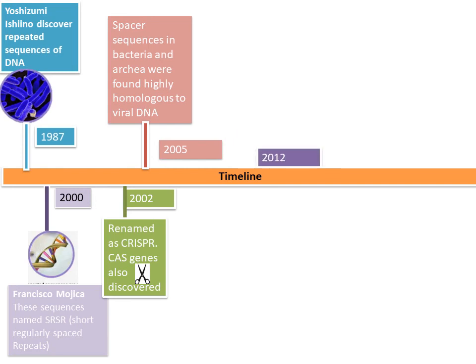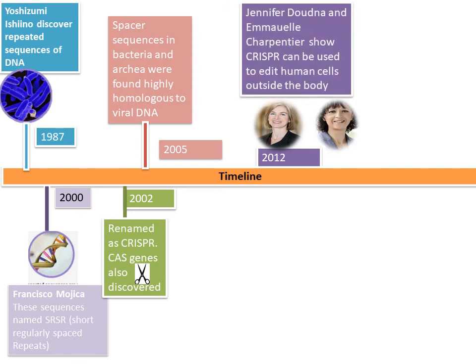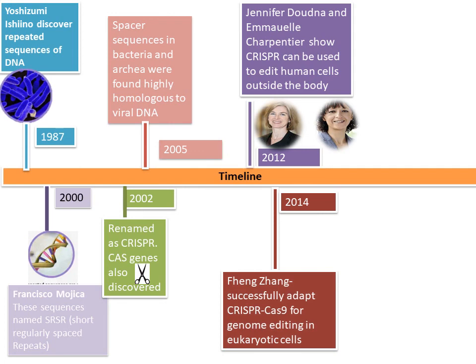Then, in 2012, two scientists named Jennifer Doudna and Emmanuelle Charpentier showed CRISPR can be used to edit human cells outside the body. This finding is now considered one of the most significant discoveries in the history of biology. Then, in 2014, a scientist named Feng Zhang successfully adapted CRISPR-Cas9 for genome editing in eukaryotic cells, including